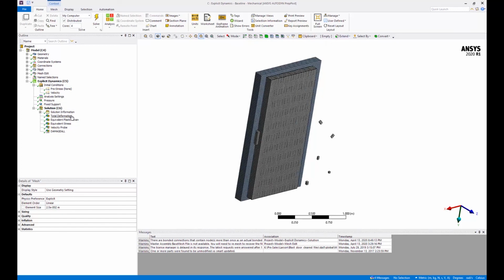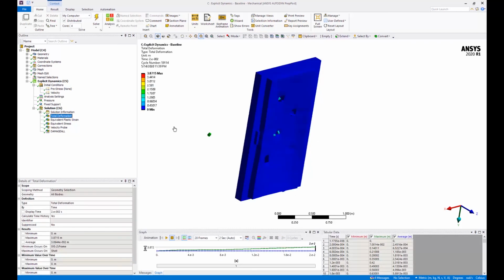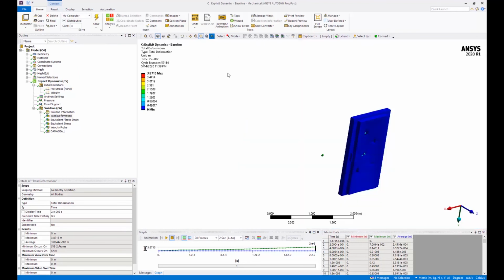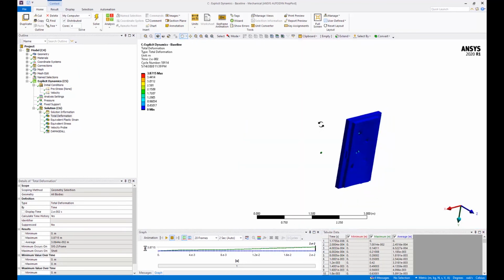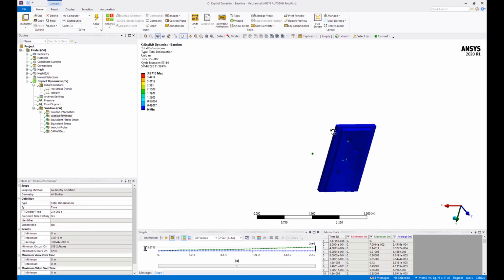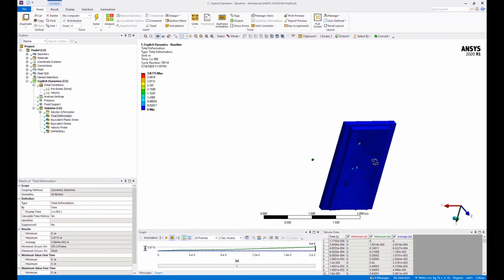Once the solution was done, we looked at the result and found that the particles actually impact and penetrate the door, which is not acceptable. If you see here, the particles penetrate the door and pass through, which means the door has failed.